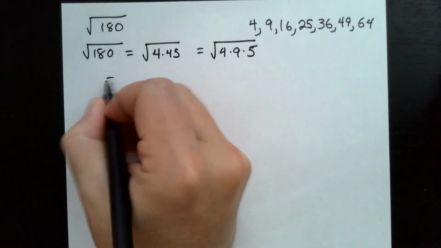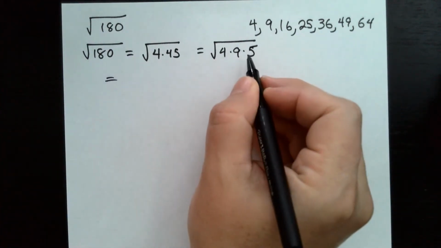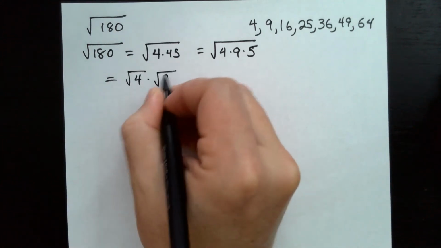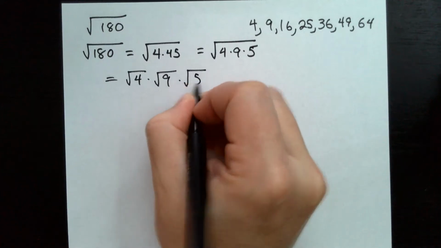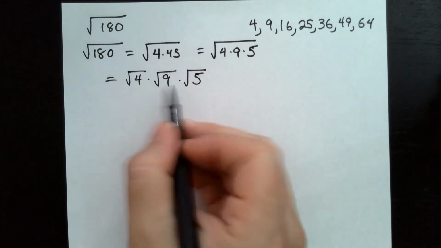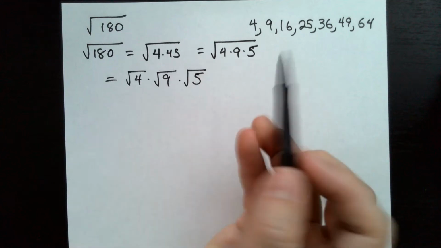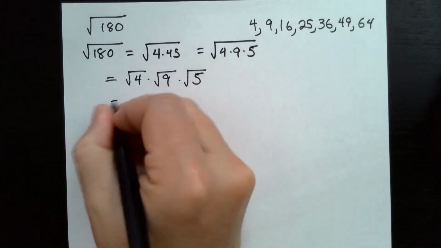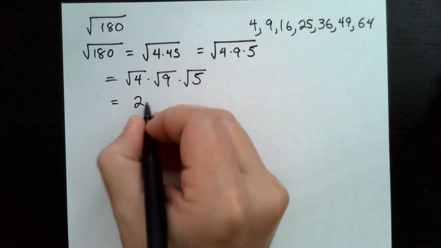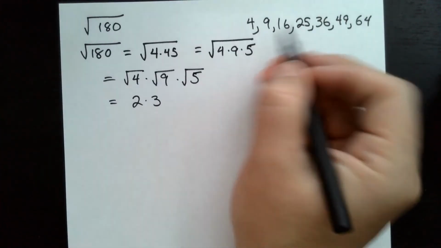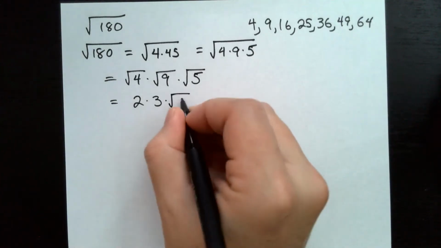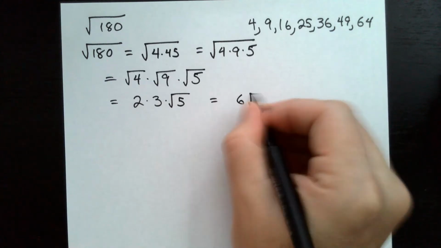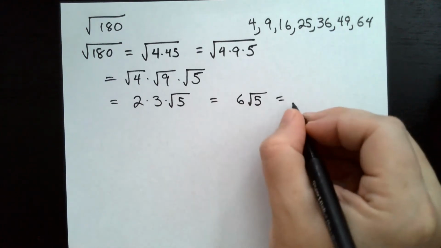Well, we can use a square root property to separate each one of these products into their own square root. So this would be the square root of 4 times the square root of 9 times the square root of 5. Okay, two of these are going to be nice squares because that's the reason we use these over here. Okay, because the square root of 4 we know is 2. The square root of 9 we know is 3. The square root of 5 is not on this list, so we're just going to leave that as the square root of 5. So we get 6 square root of 5,